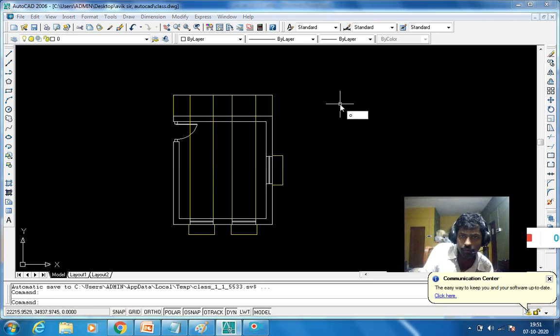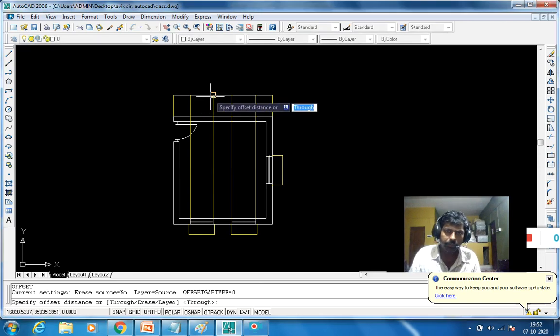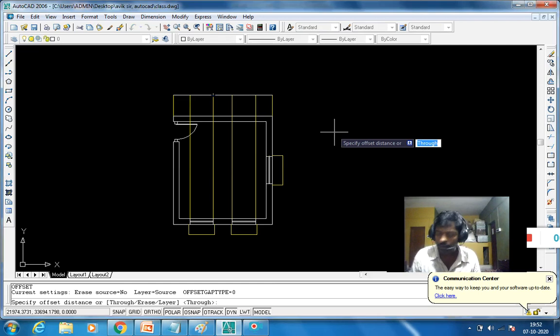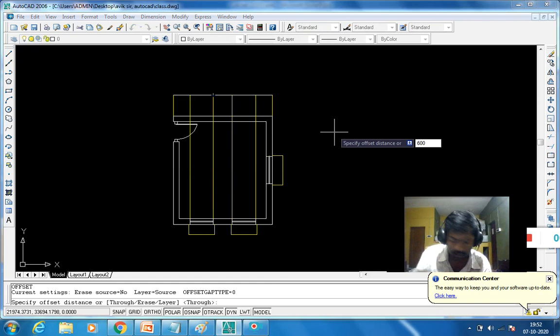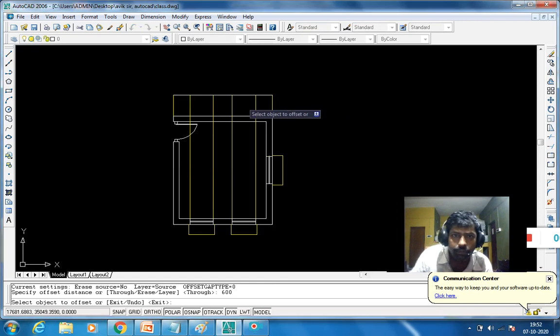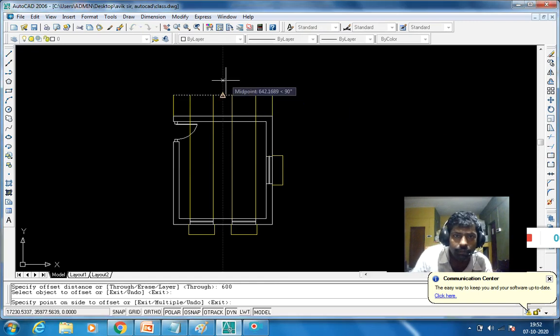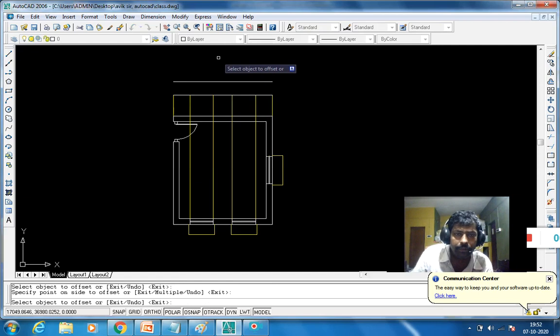Use the offset command, either type offset on the command line or use the shortcut key O, then press spacebar, then specify the offset distance. That is the plinth height, 600 mm.